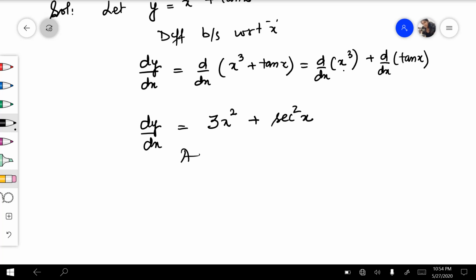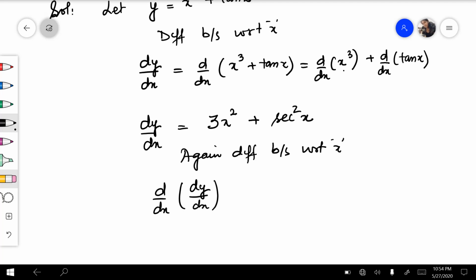We will differentiate it again. Differentiate both sides with respect to x, which gives you d by dx of dy upon dx is equal to d by dx of 3x square plus secant square x. d by dx of dy by dx is denoted by d2y upon